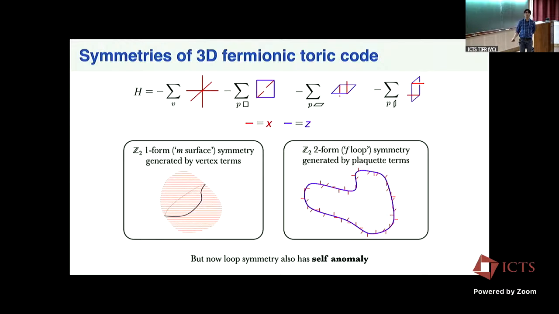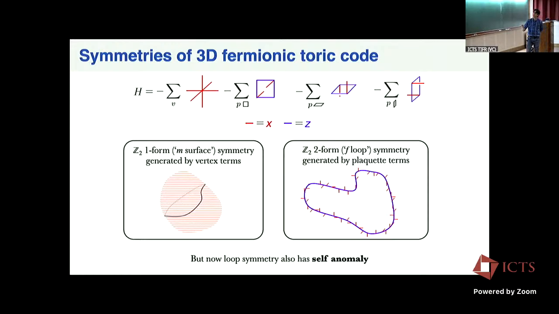Oh, like how you map this thing to the original toric code, the 3D toric code? I'm not sure. I'm sure you could do it, but I haven't thought of that. You can just write it down and analyze it. But yeah, probably there is some sort of duality transformation that would relate this to it. I have not thought about that.